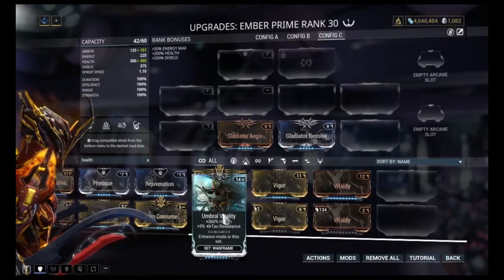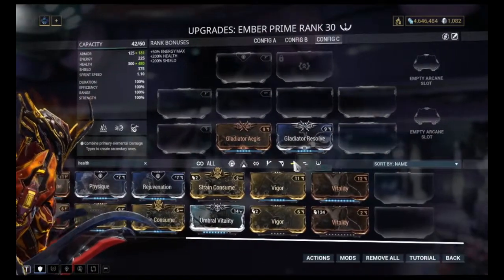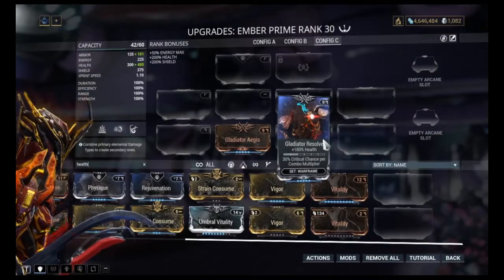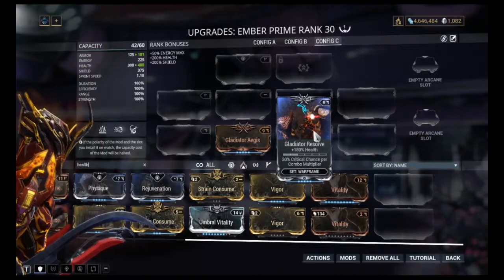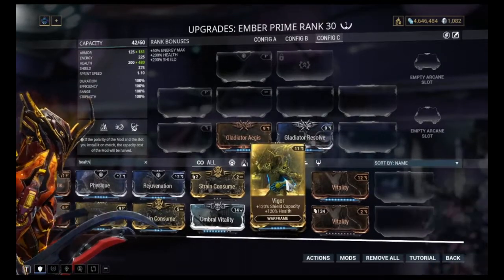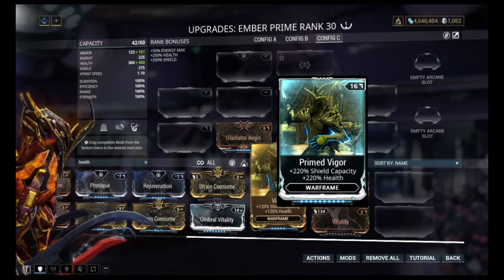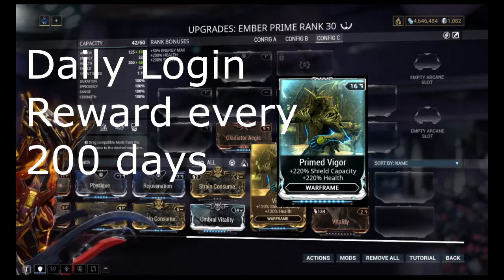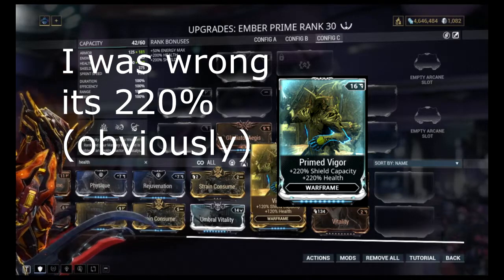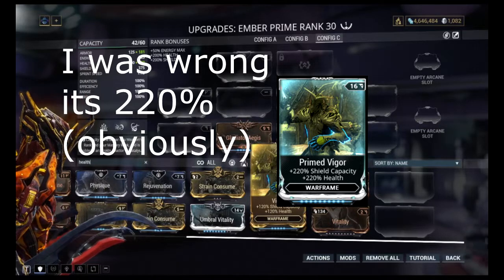And again, you have your Umbra Vitality, and I just explained Umbra mods. You also have another option which would be better than Resolve if you have it. I do not have it, but it's Prime Vigor. You can get it from, I don't remember how many days, but it's from your daily login rewards. And it provides 240 health and shield capacity, which is pretty decent